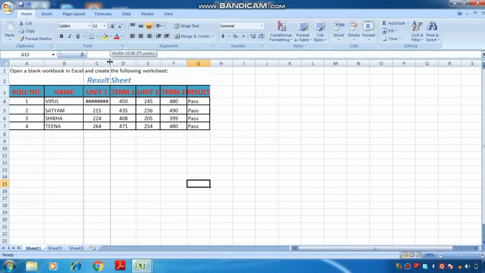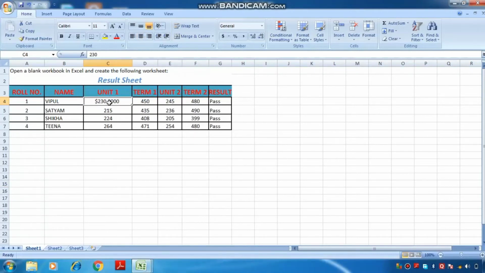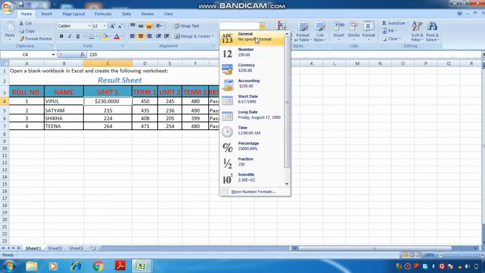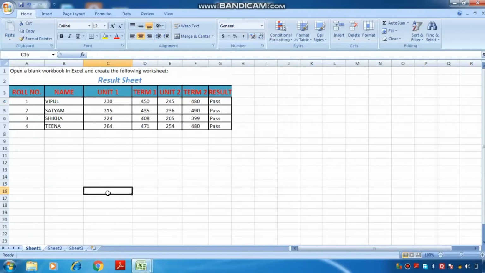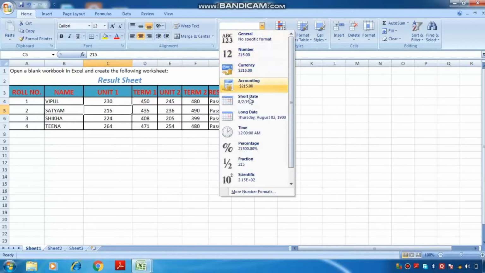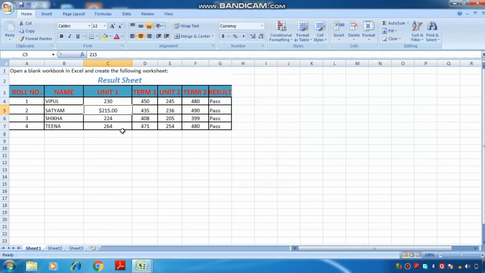Here you can see the number is converted into the currency format. And if you again want to change it to a number format, then you just have to click here and convert it into the general format like this. You can change it from here also. Select the cell you want to convert, and from here you can select currency, accounting, short date, whatever you want. Suppose I select currency from here, then it will convert it to a currency symbol. Hope you all are clear with this practical too.